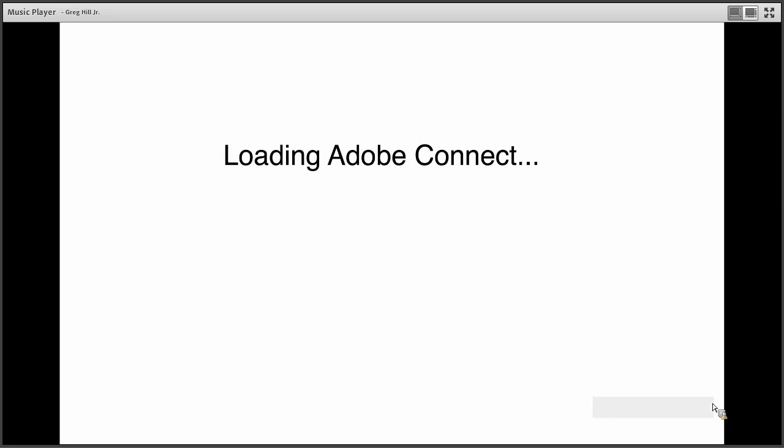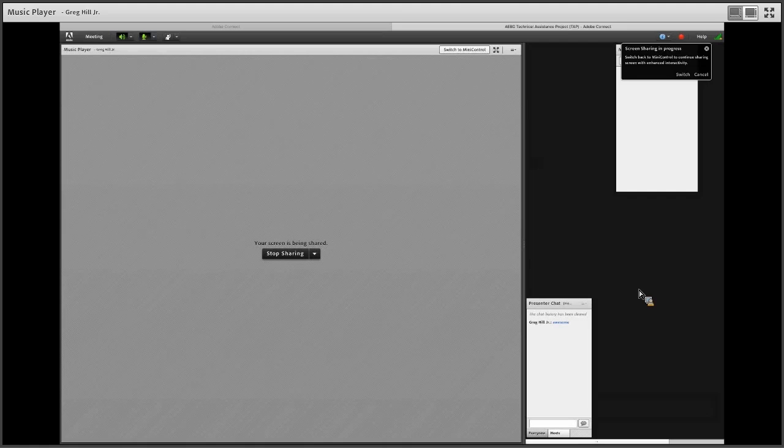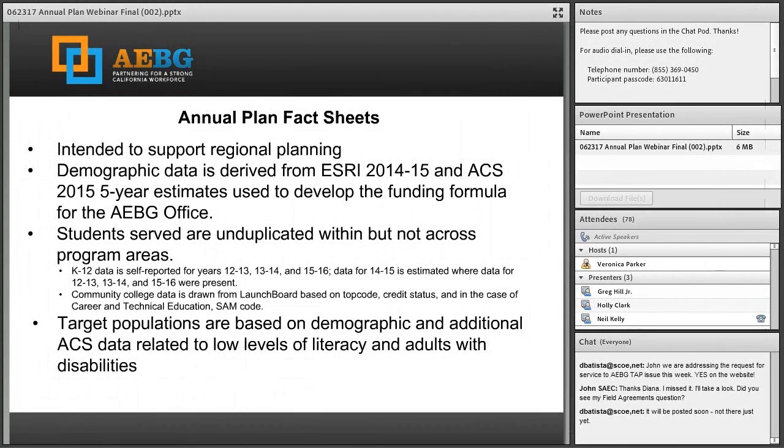What we don't want you to think is that these are the end-all be-all of what's out there to tell you with regard to what regional needs are. In fact, there are a number of really great resources just on the Chancellor's Office website alone that can tell you what some of the needs are at the super regional level. But at any rate,